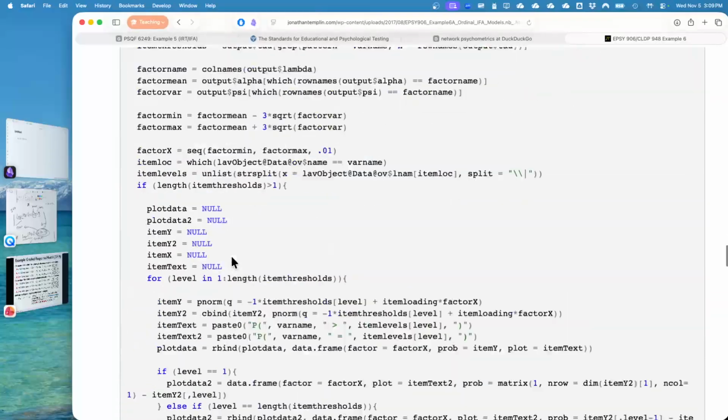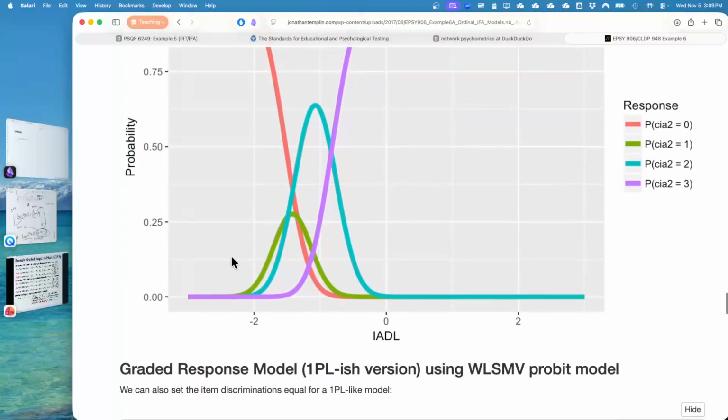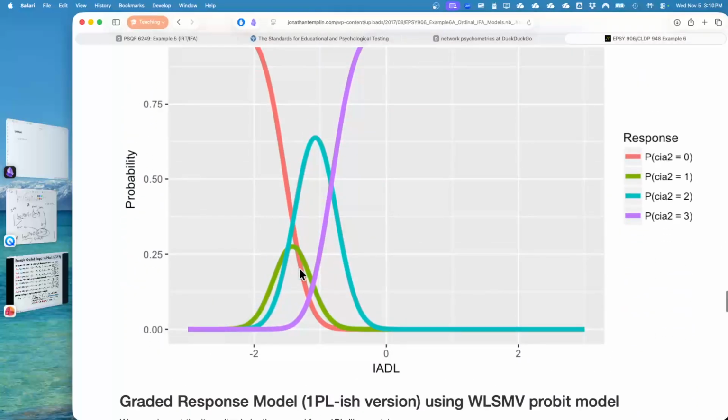Big problems, some problems, and no problems. So big problems comes next. You'll see there's never a case where big problems is the most likely category chosen, but it's the closest to it right here, about 1.5 standard deviations below the mean. At 1.5 standard deviations below the mean, it's almost like a toss-up between can't do it, big problems, and some